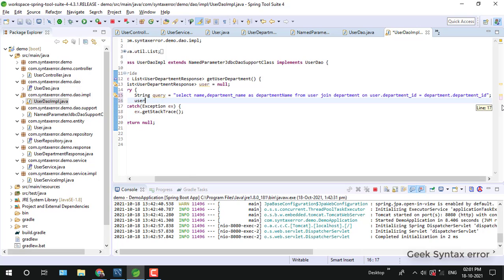Okay, so just execute that using users, sorry, it should be users, right?